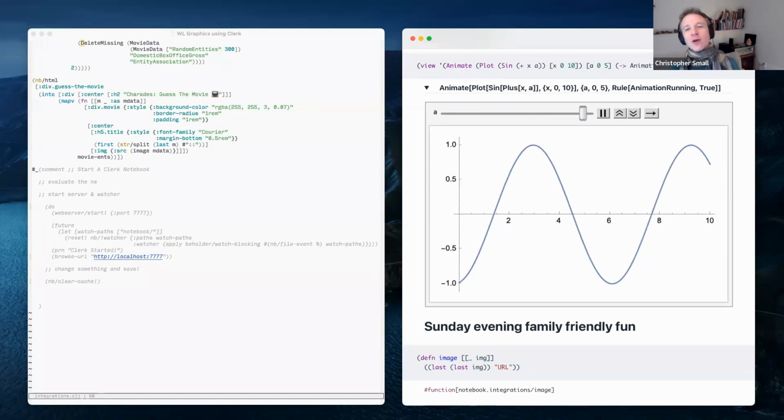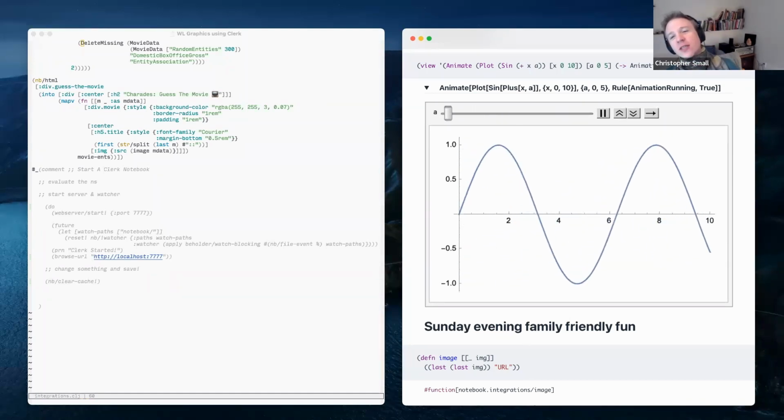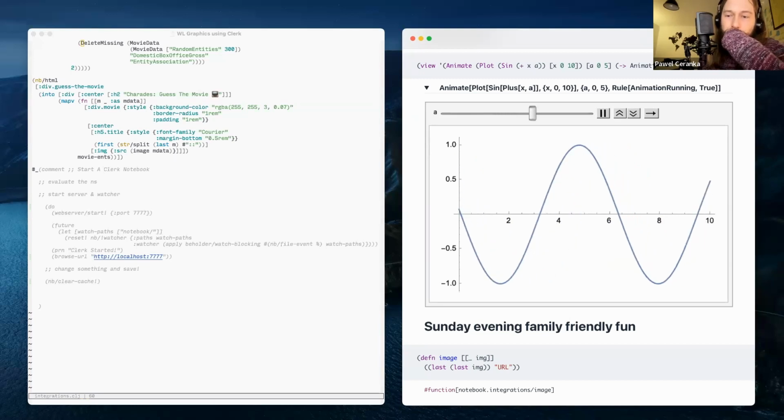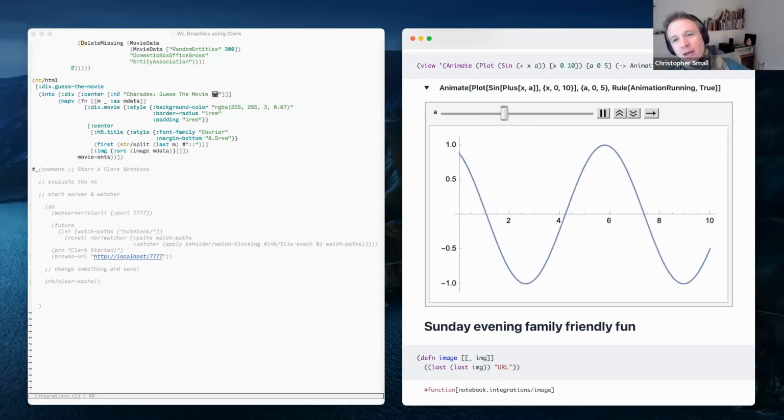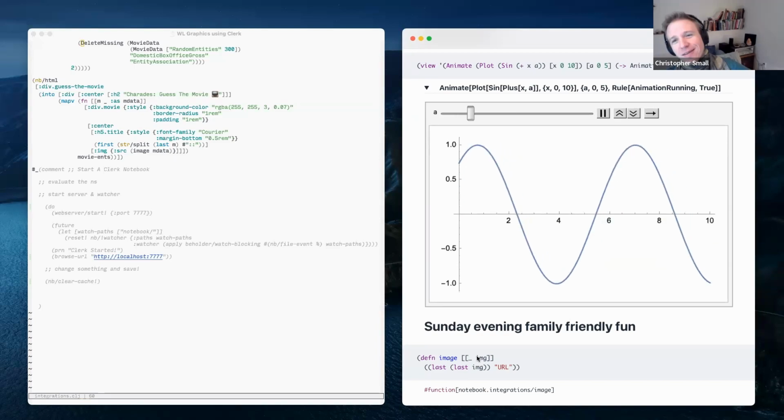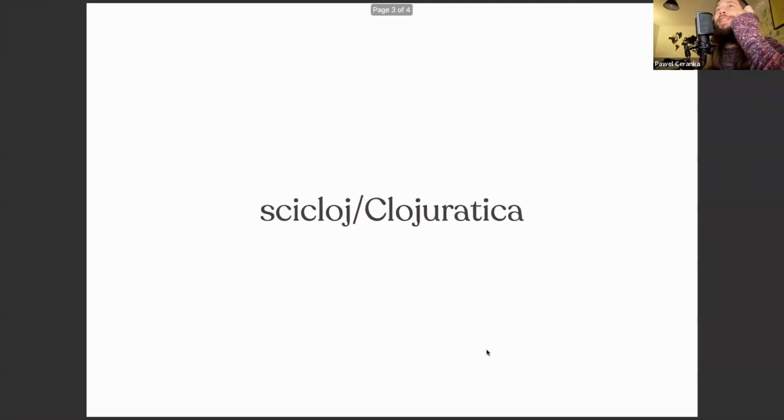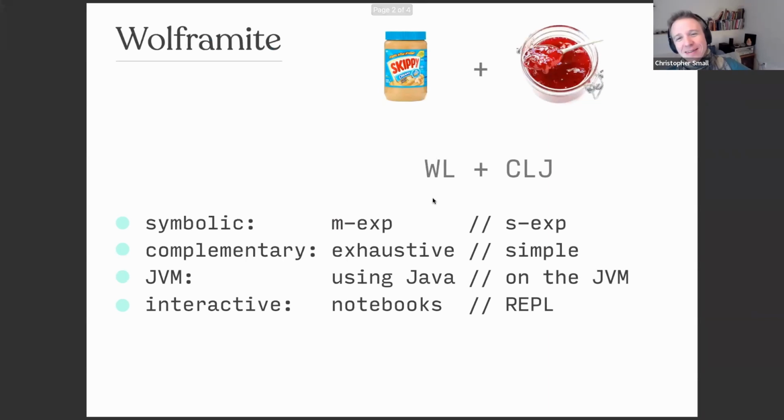So if I can, I'll ask the first question here, since I think everyone's got this on our minds. Which of Clojure and Mathematica is the peanut butter and the jelly? Oh yeah, that's a good question. We could argue about that, a little debate. Hopefully no one's going to ask these questions, but I was thinking, maybe this is going to work. Respectively, on the left-hand side is Wolfram Language and Clojure. Maybe the other way around, actually, I'm not sure. It's which one's sweet and maybe not so good for you, and which one's nutritious.